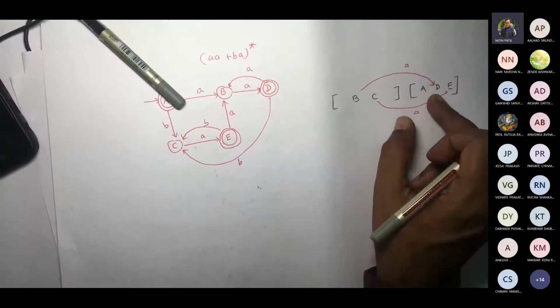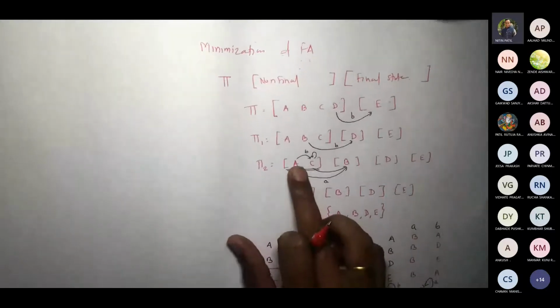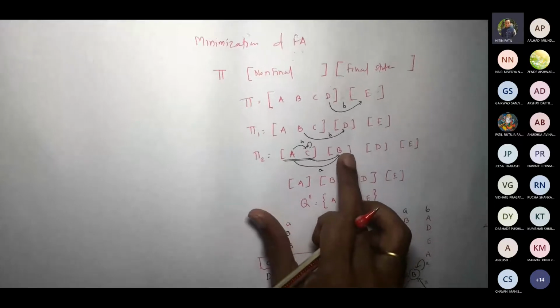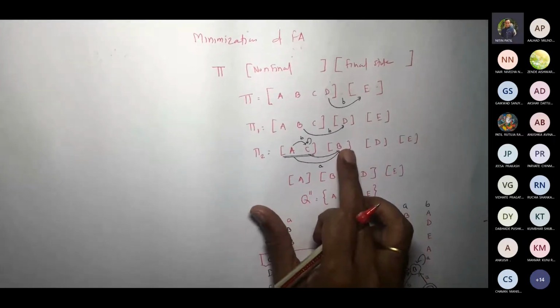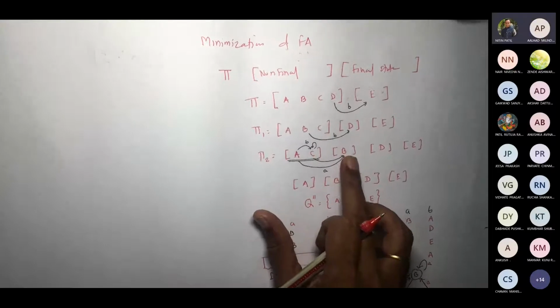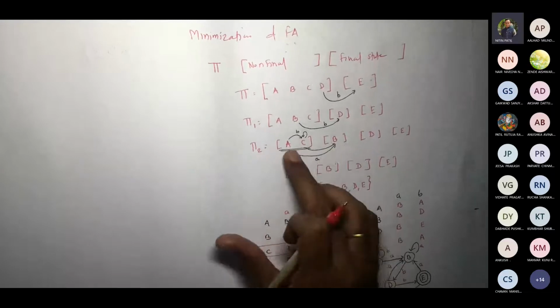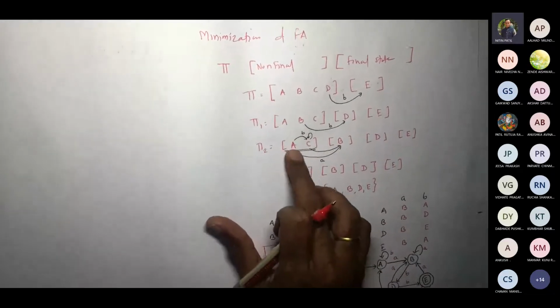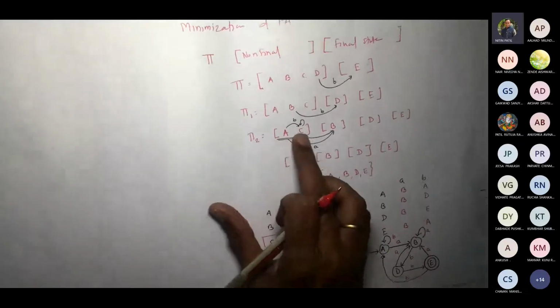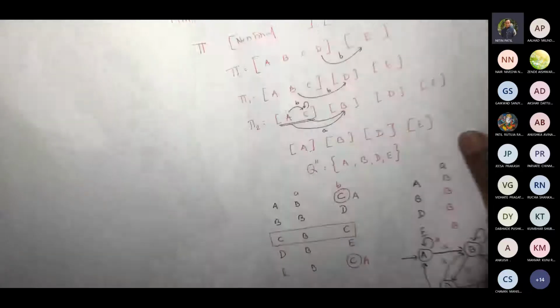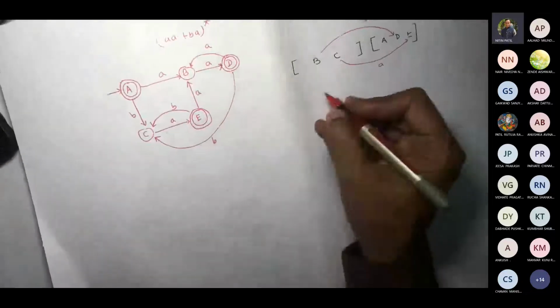In the earlier example, if you see, for one input, say input A, both the states are going to the same state. Correct? Even if it is a group, in this case, if A, B could be A, and C, B could be C, then we could not have taken these two in the same group. That's why this needs to be separated.